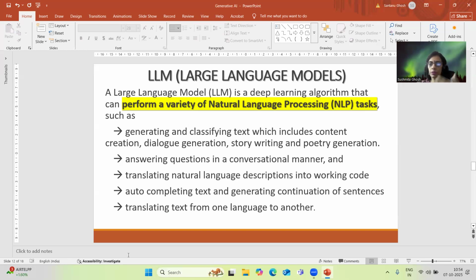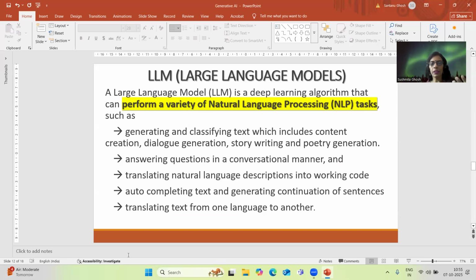वो भी एक constant process है. Humans also improvise. Similarly, machines are also improvising. AI is also improvising with time. ठीक है, बट द मेन कंसर्न इज द लैंग्वेज. जहां पे भी टेक्स्ट रिलेटेड काम हो रहा है, वेयर इट इज एक्चुअली पार्ट ऑफ इट एवरीवेयर. सो LLM model is being used. It's a deep learning algorithm, of course, because language itself is huge और उसको बहुत तरीके से we have to train, isn't it? Like what all categories they have given, tasks क्या क्या कर रहा है, generating and classifying text,